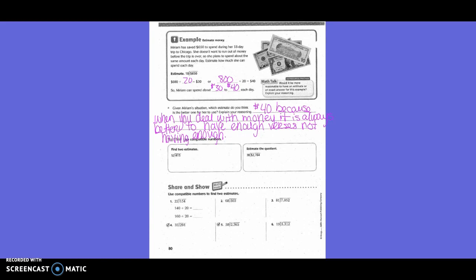Try this. Use compatible numbers. So they want us to find two estimates. So we're going to divide by what? 50. So we're going to divide by 50. Then we need a low estimate and we need a high estimate. What's a multiple of 5 that is the closest to